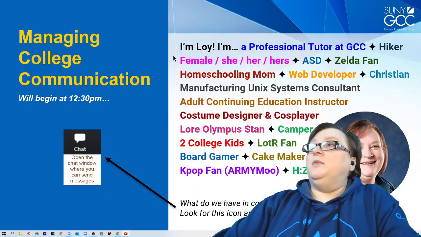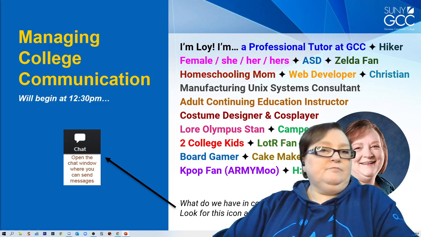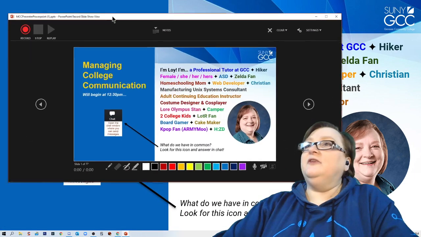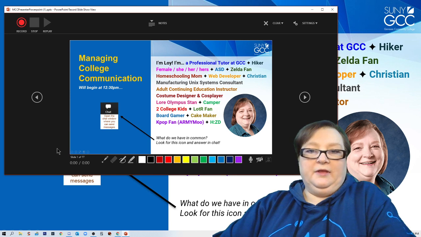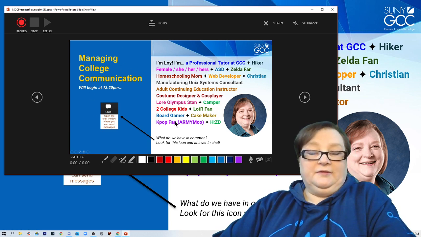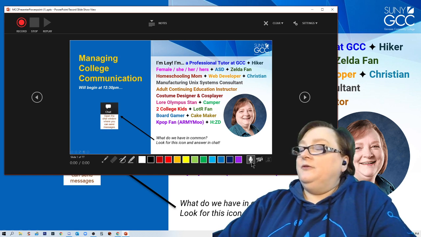When I click on that button, PowerPoint's going to do some really interesting things to my screen. I have two monitors, so PowerPoint assumes that I want the presentation on one monitor and my presenter view on the other monitor. Many of you who only have one monitor are going to see this. This is the presenter view. On the presenter view, I want to point out to you a couple of things.